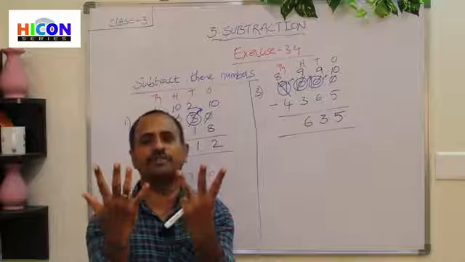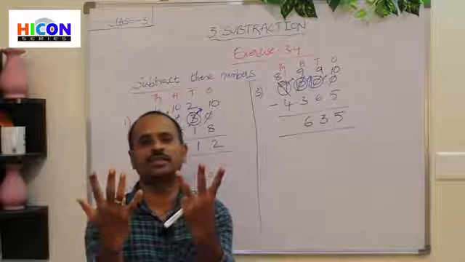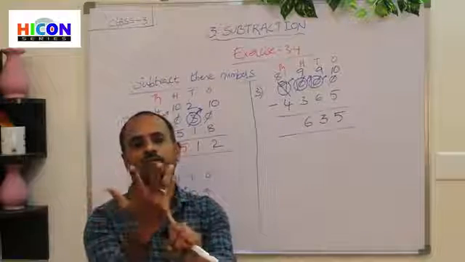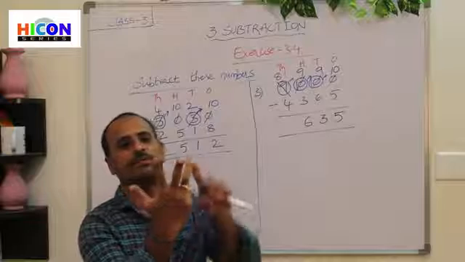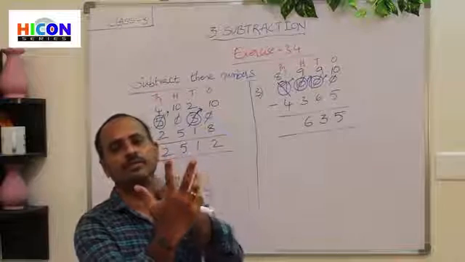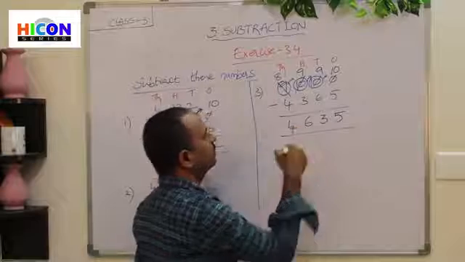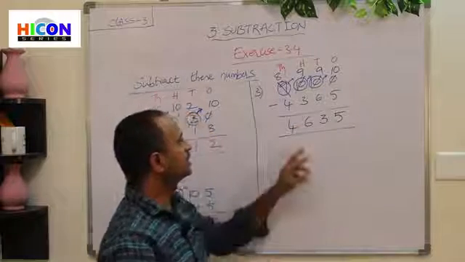So close 4 fingers among these 8 fingers. Children, see, I am closing 4 fingers: 1, 2, 3, 4. And how many fingers are remaining? 1, 2, 3, 4. There are 4 fingers remaining. So write 4 under the thousands place. So children, the answer is